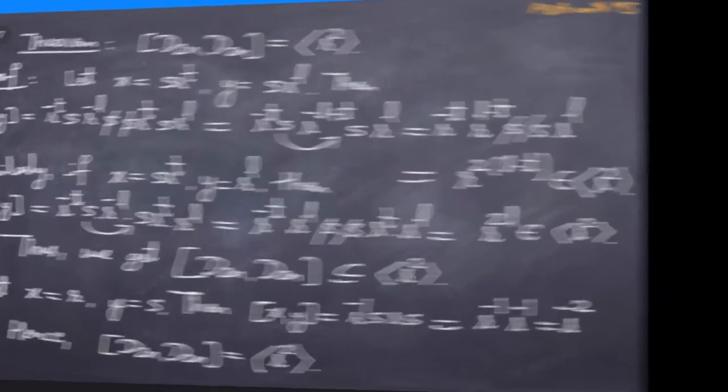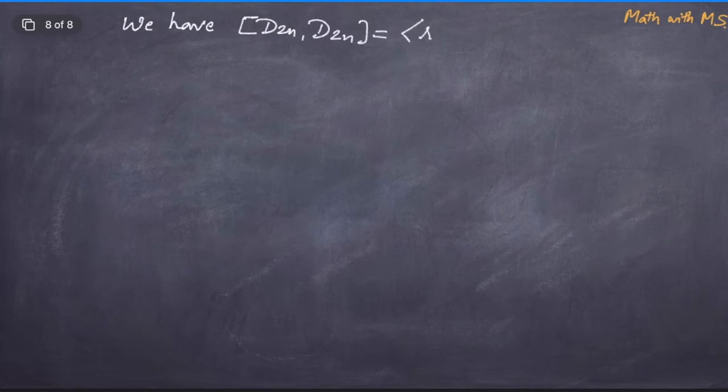Very nice description. Having computed the commutator subgroup of the dihedral group, let us analyze the abelianization of the dihedral group. We now have that the commutator subgroup of D2n is the cyclic subgroup generated by R square. So, the abelianization will again depend on the parity of n. So, if n is even, then